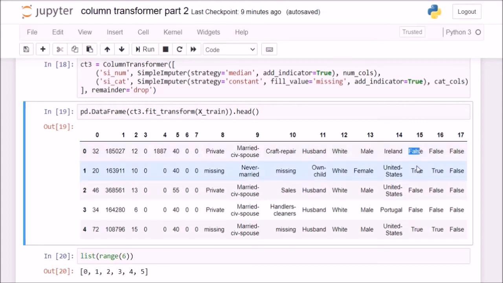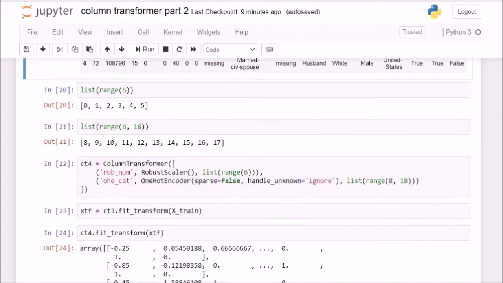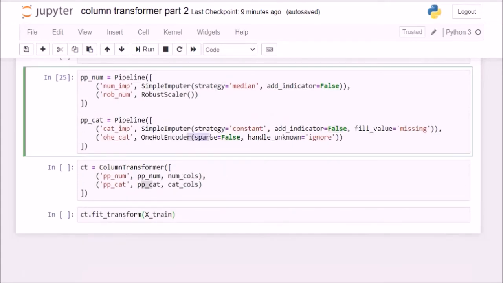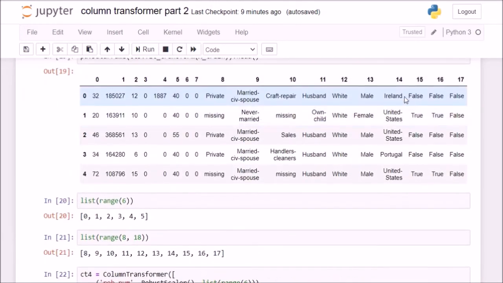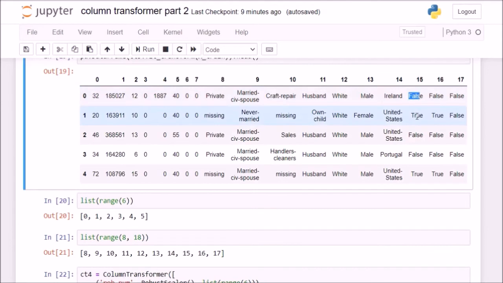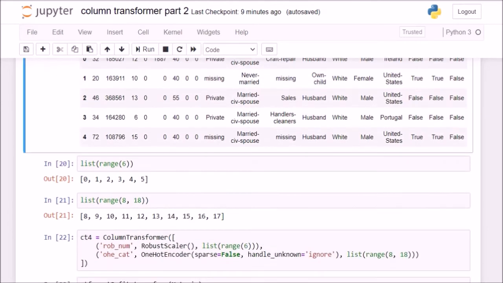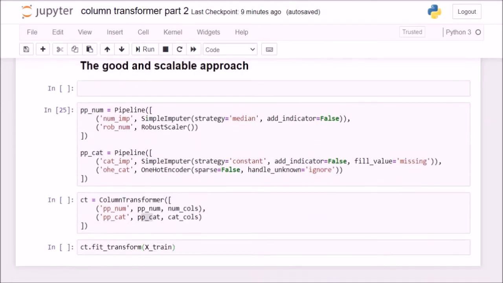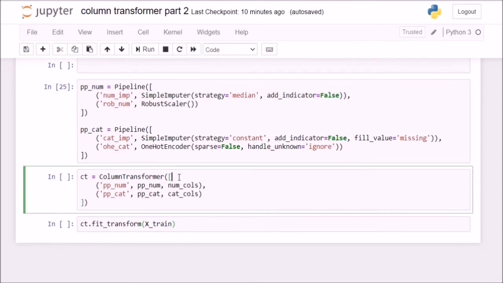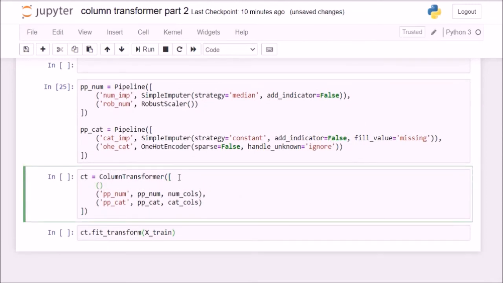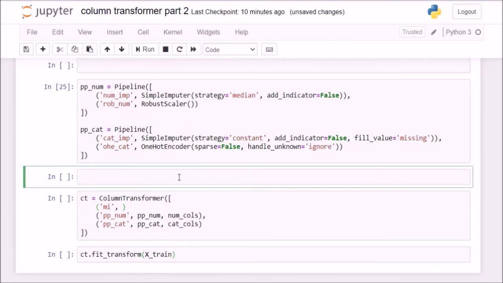So I have two categories, true and false. So when I one hot encode them in the next step, it will also one hot encode these two columns. So I'll have one column for something_true, something_false, which is undesirable really, and hence we are going to set it to false here, but in this column transformer I'll make a new transformer called mi, and this will be a MissingIndicator object.